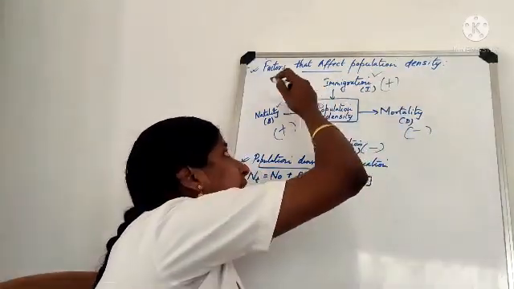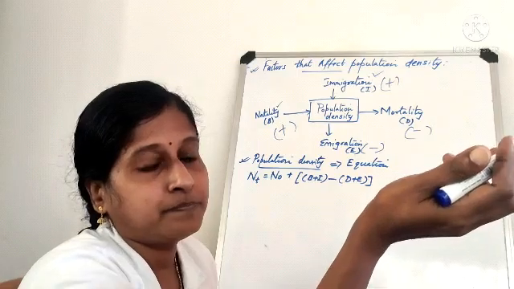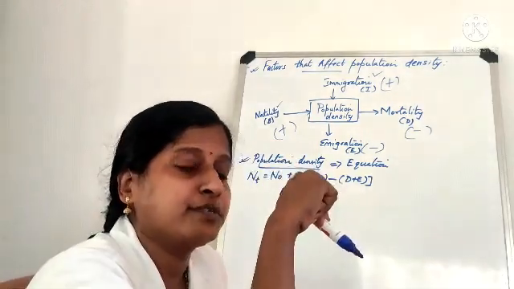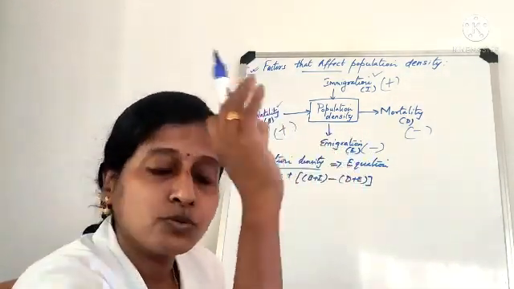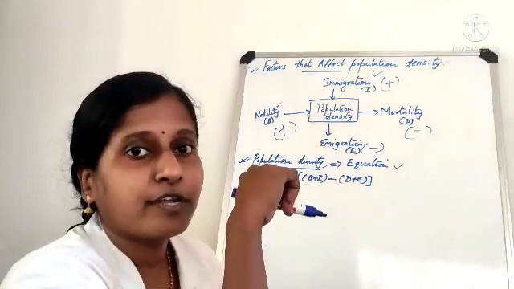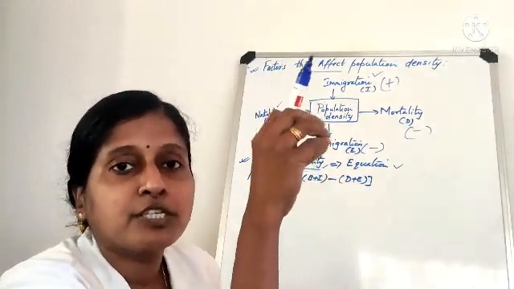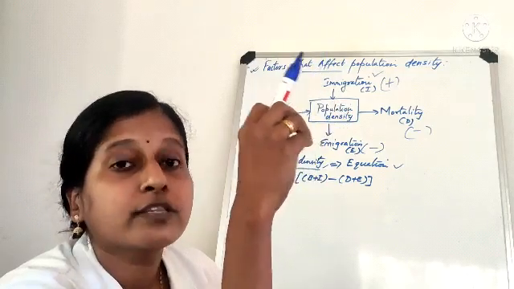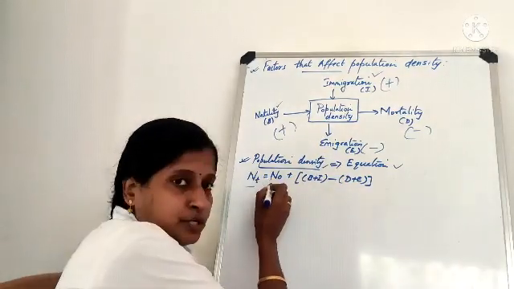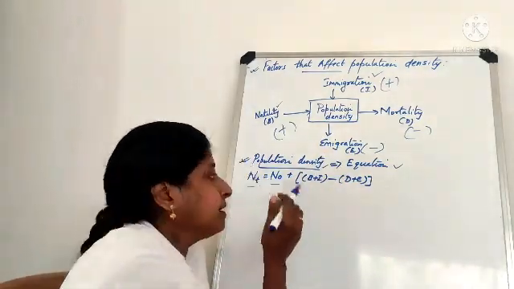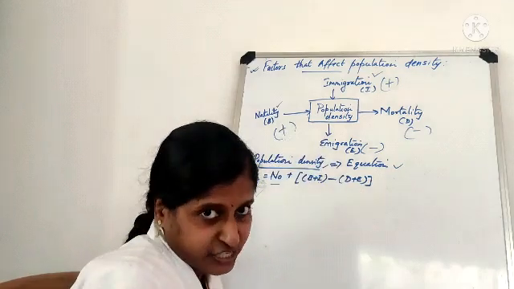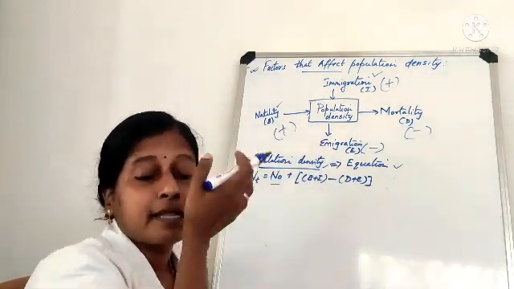So immigration and natality will increase the population density, and this is population density. And mortality and emigration will decrease the population size. Okay, so these are the four terms which you have to remember. Now this population density can also be represented in the form of an equation. If someone is asking me what is the population density at a particular time, then for calculating that I have a formula. So what is the formula? Population density at a given time is equal to population density in the beginning plus birth plus immigration minus death plus emigration.